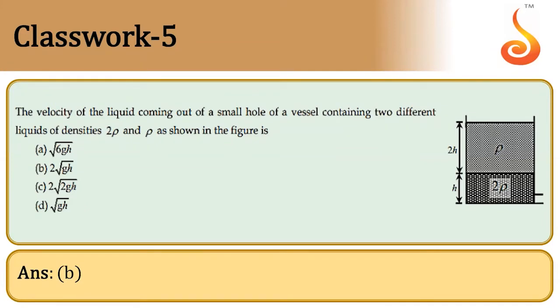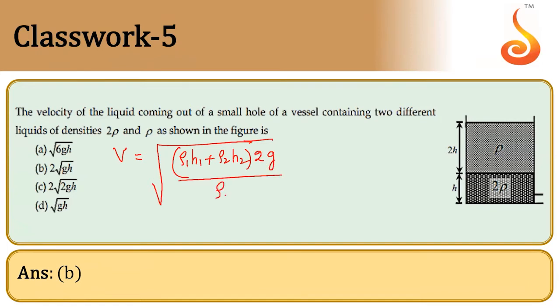So this also I gave, right? Suppose you make a hole at the bottom, and you have two immiscible liquids. What is the speed of efflux? Yesterday I gave one formula, C, and you can directly substitute. Speed of efflux, neglecting the speed of liquid inside the beaker, is root of (rho 1 H1 plus rho 2 H2) into 2g, divided by rho 2. Am I correct, children? This is the formula I gave yesterday for this case.